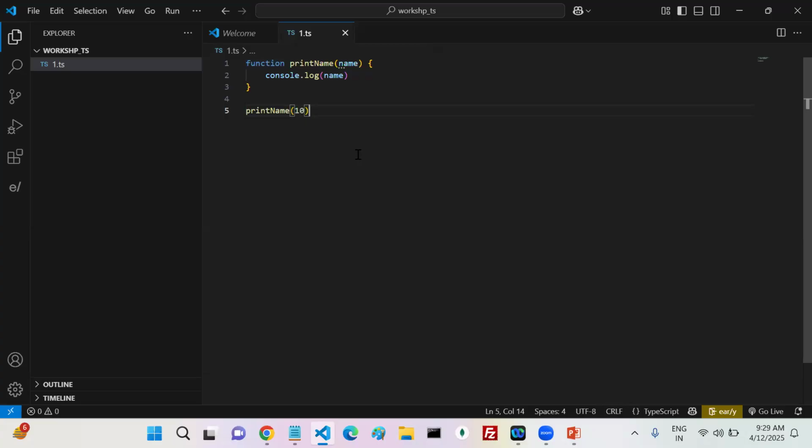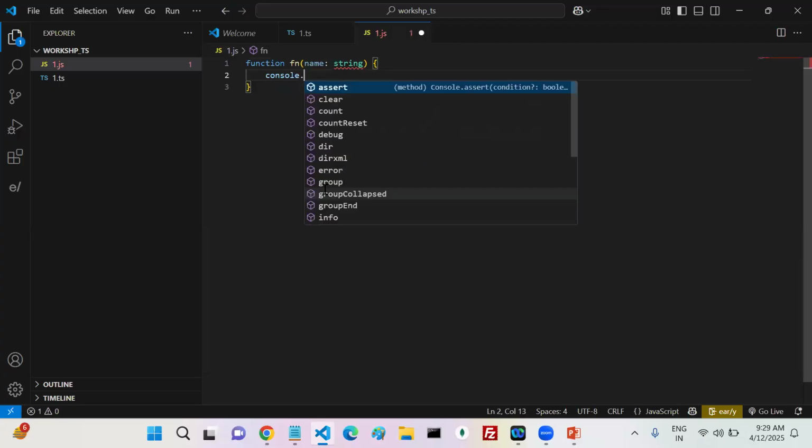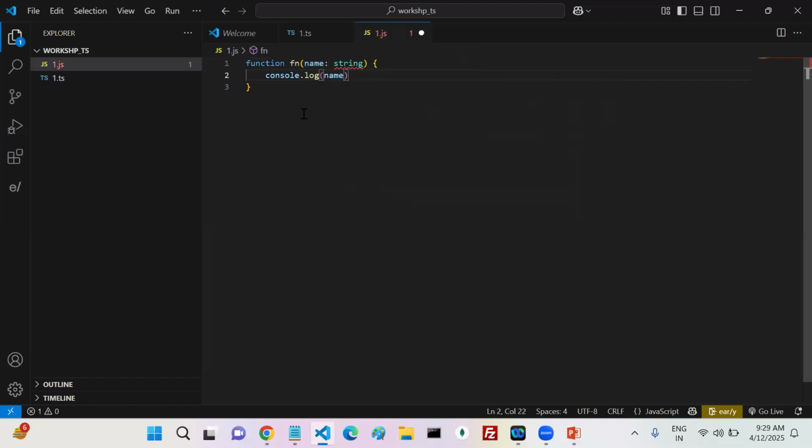Vice versa, can I write TypeScript code in a JavaScript file? Function fn, name: string, console.log of name. This is my TypeScript code.